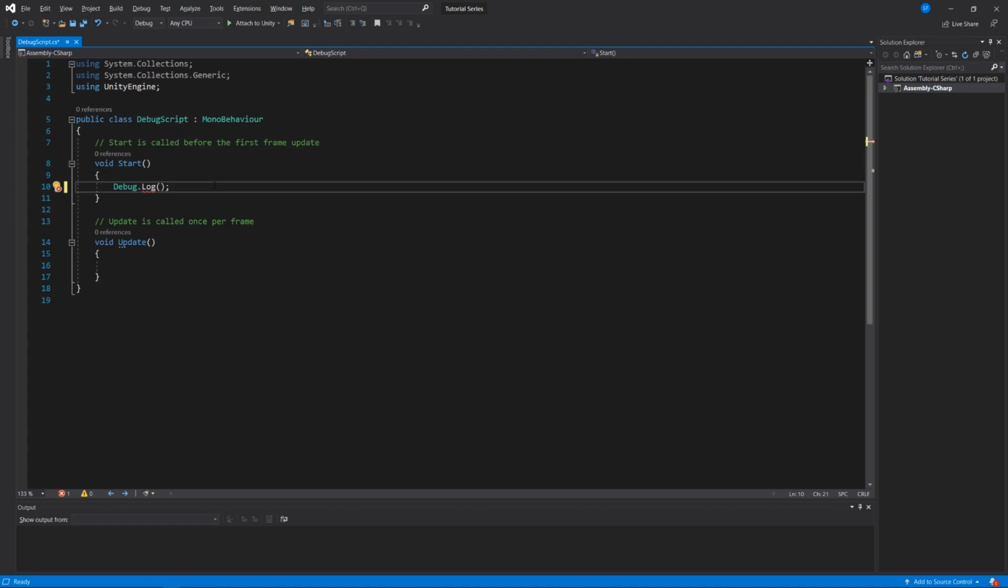There's a few things that I want you to know about this. First, the punctuation and the capitalization matters. For example, if I say debug lowercase, I will get a squiggly red line underneath it, which if I mouse over it, it will say the name debug does not exist in the current context, meaning that Unity doesn't know what I mean by debug. It's expecting me to have an uppercase D so that it says